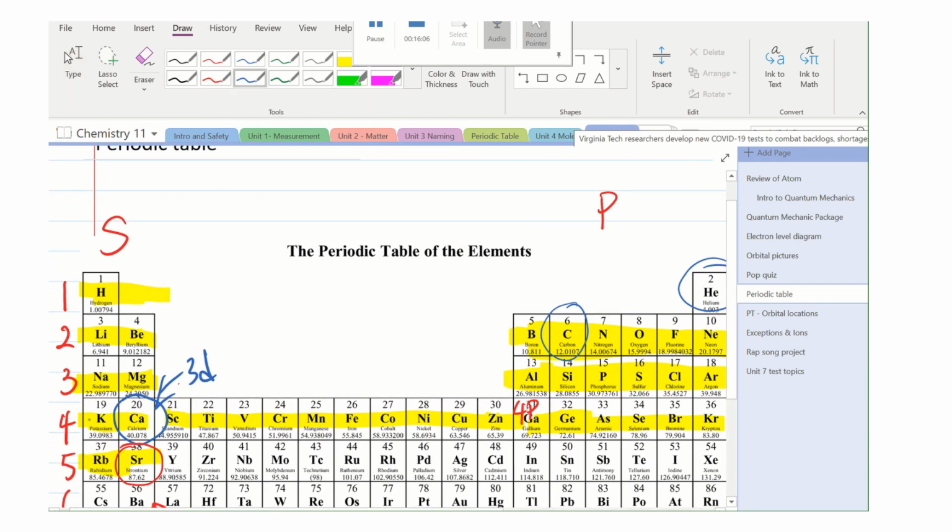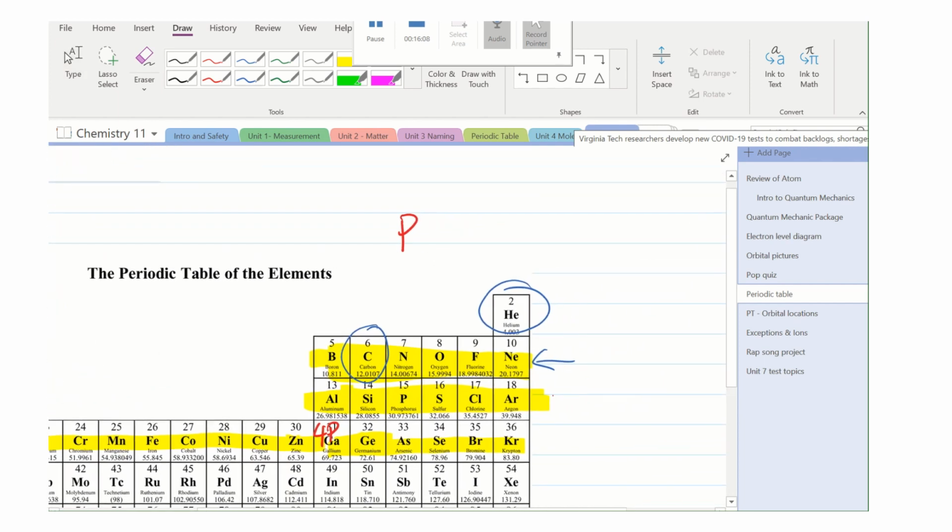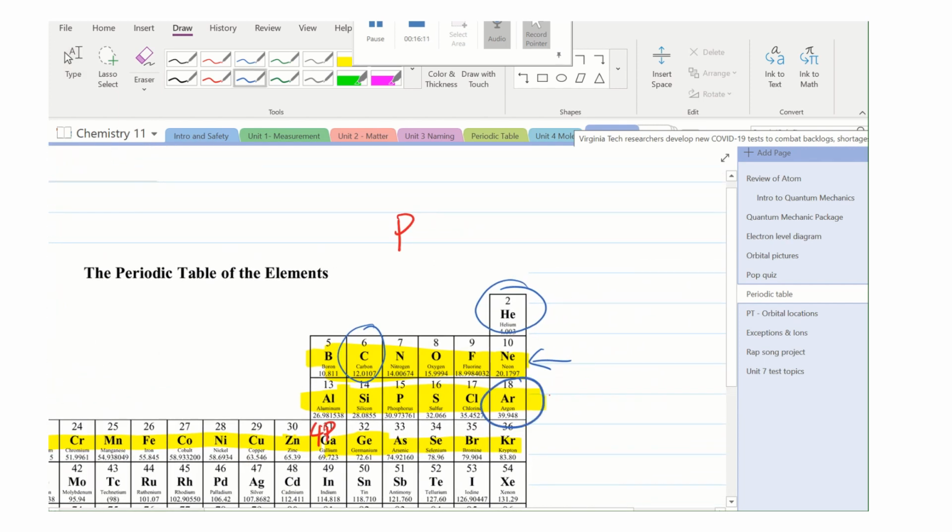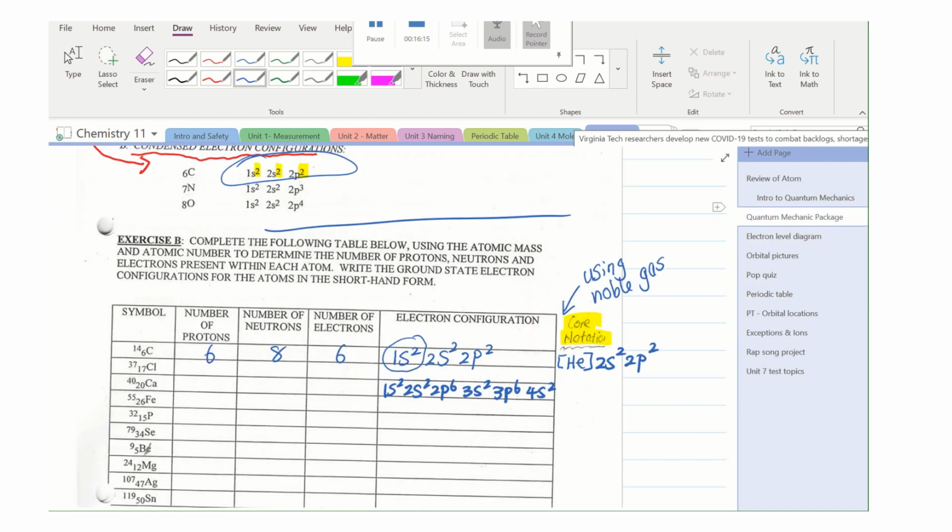So again, for calcium, you're going to look for the noble gas right above it. Calcium is on the fourth energy level here, so you are going to be picking argon, the one right above it. Basically, put argon in a square bracket like so. That replaces all of these electron configurations, 1s2, 2s2, 2p6, 3s2, 3p6. That is the electron configuration for argon. Put it in square bracket, and you just put the valence electrons right outside.